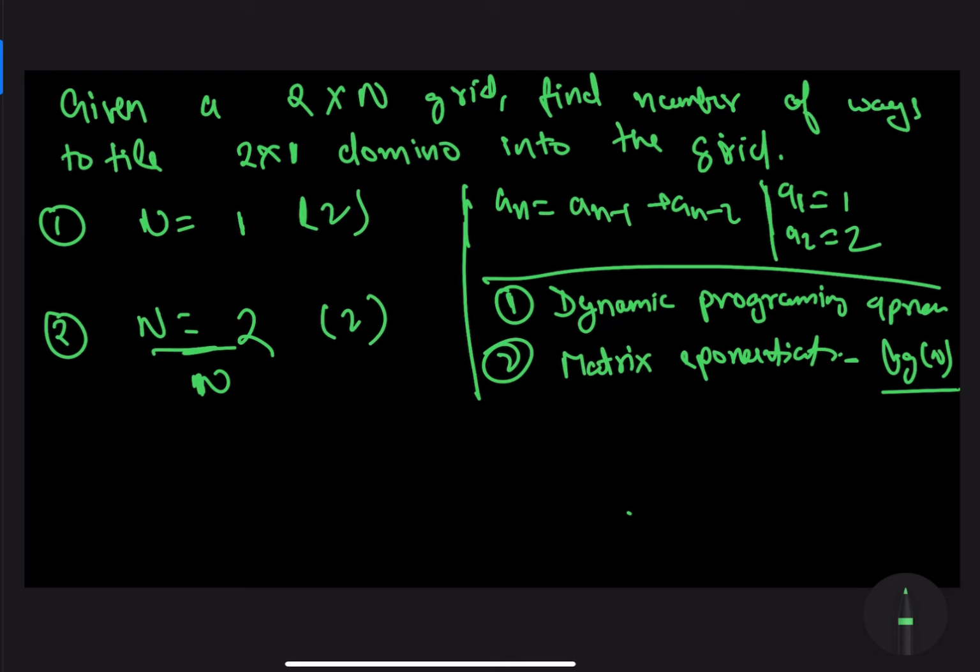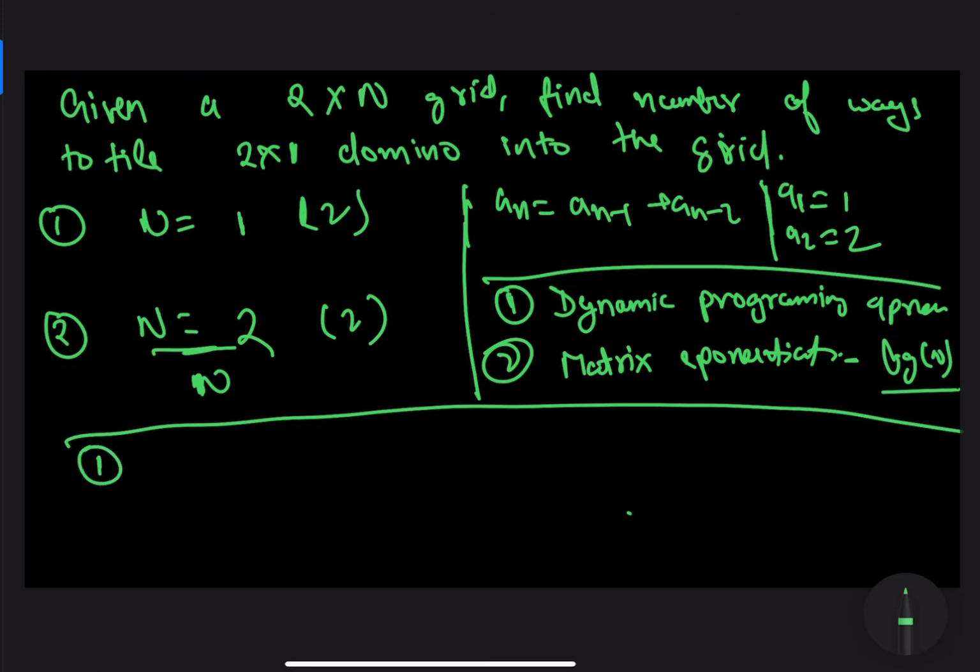Whenever we are solving a dynamic programming problem, we have already discussed that we follow three steps. The first one is laying down the definition of the state. In this case I'm going to define dp of i as nothing but a of i, that is the number of ways to tile up a 2 cross n grid. The second step is laying down the recurrence relation, and it would be dp of i equals dp of i minus 1 plus dp of i minus 2.